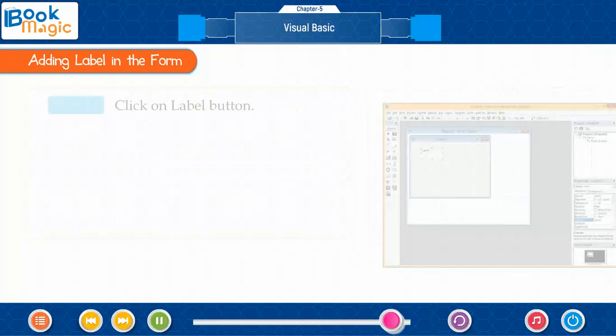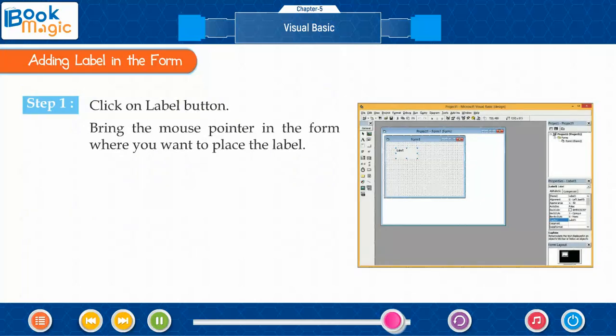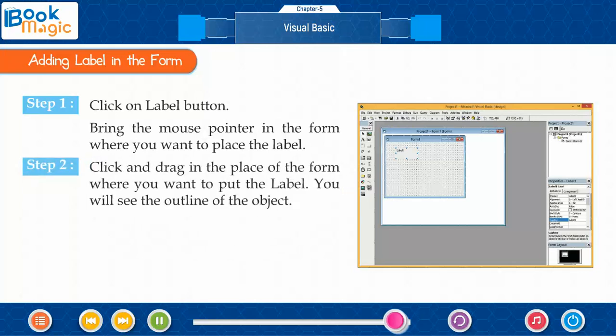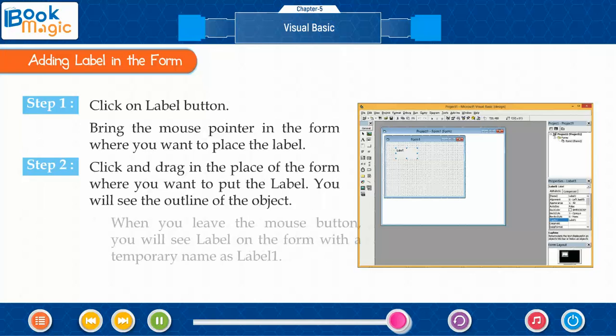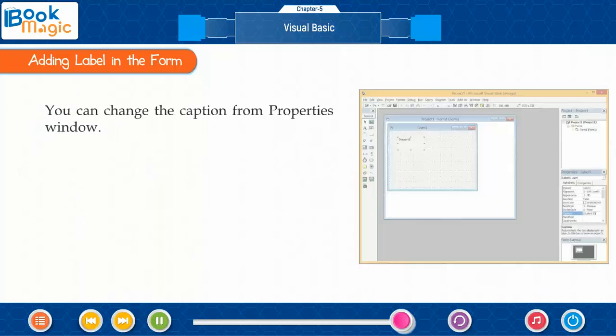Follow the given steps below. Step 1. Click on Label button. Bring the mouse pointer in the form where you want to place the label. Step 2. Click and drag in the place of the form where you want to put the label. You will see the outline of the object. When you leave the mouse button, you will see label on the form with a temporary name as Label 1.